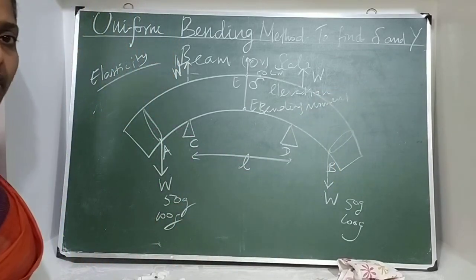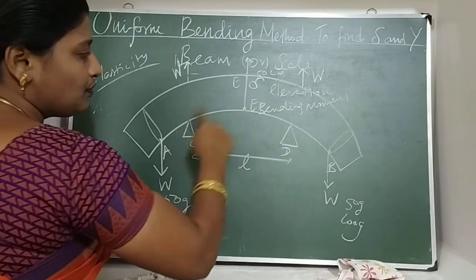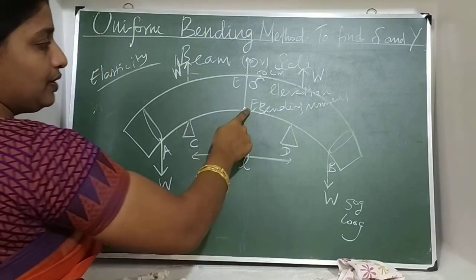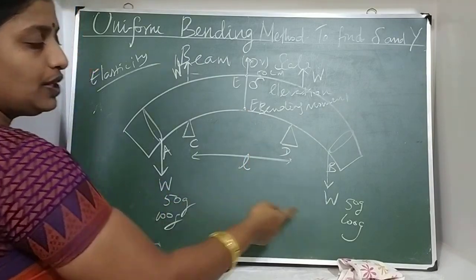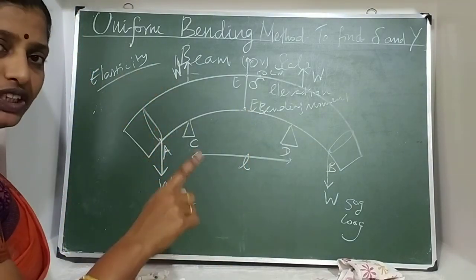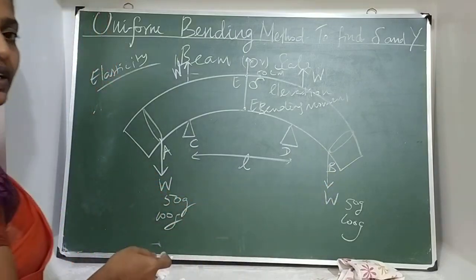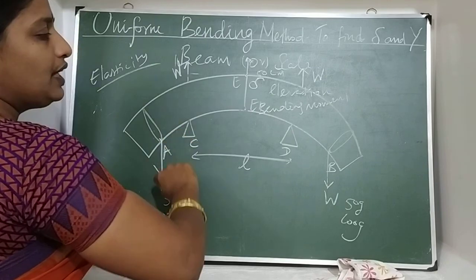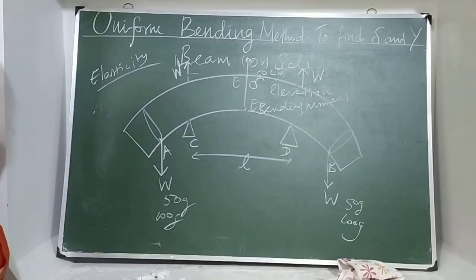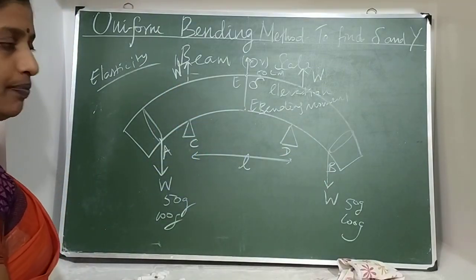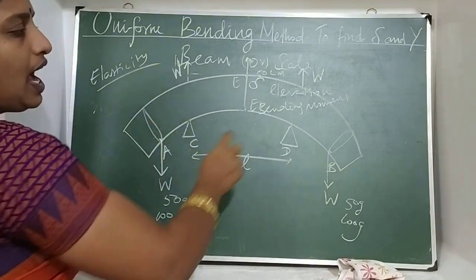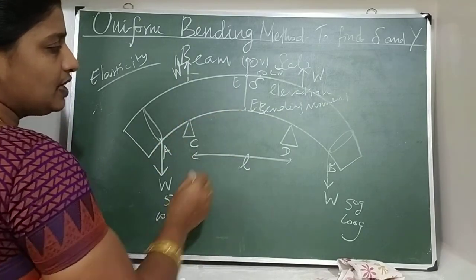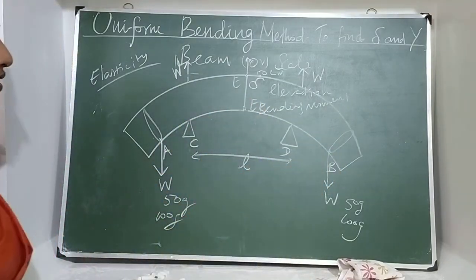What do you mean by bending moment? It is the moment of the force about the midpoint. Apply the restoring couple. In the equilibrium position, the bending couple is equal to the restoring couple. The moment of the restoring couple is called the bending moment. You can calculate it for one side, and the same value comes for the other side. So for the bending moment, you have to find it for any one side.